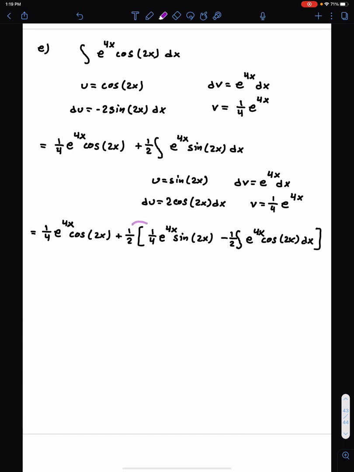I'll take this 1/2 and distribute this 1/2. So 1/4 e to the 4x cosine 2x plus 1/8 e to the 4x sine 2x